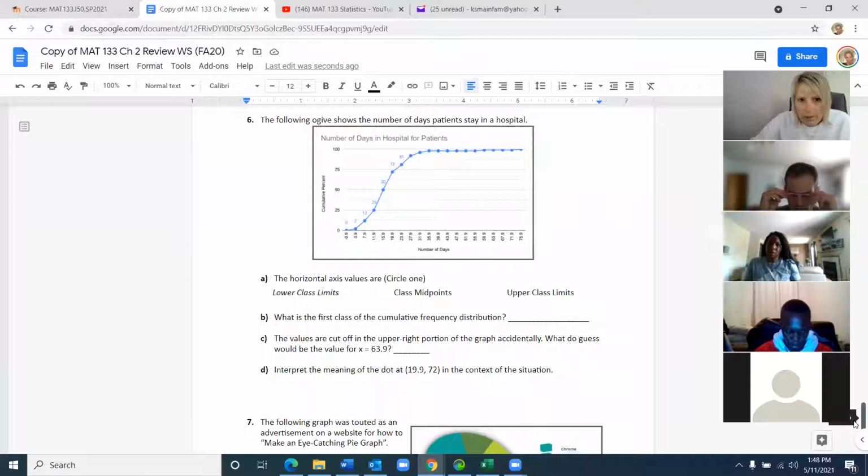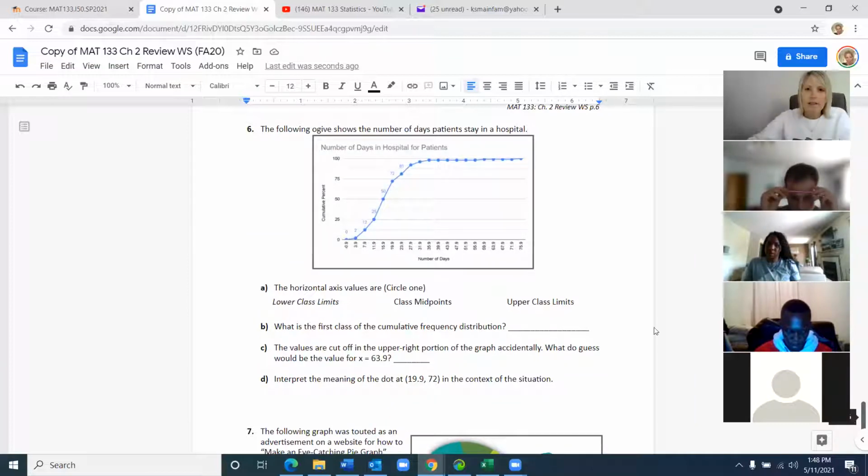And your question number 7, my question number 6 here, is an ogive. An ogive is a cumulative graph where it goes from 0 all the way up through 100%. So this is the number of days in the hospital for patients. So 100% of the patients,